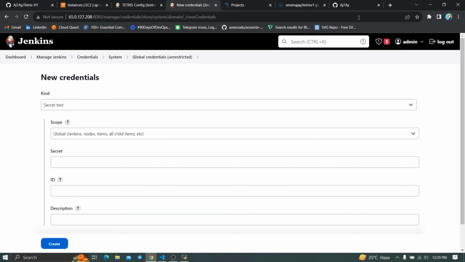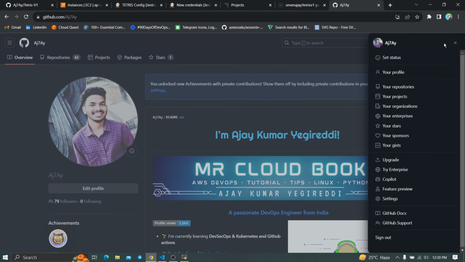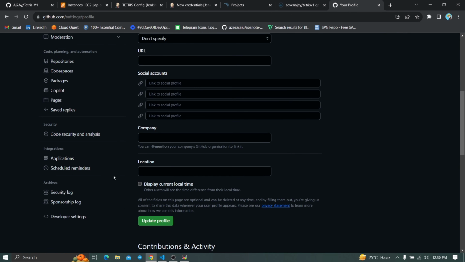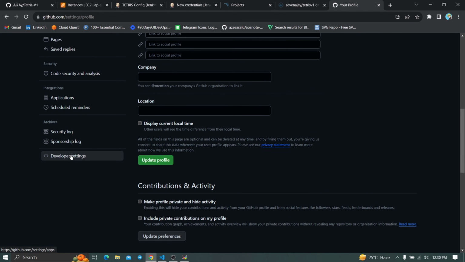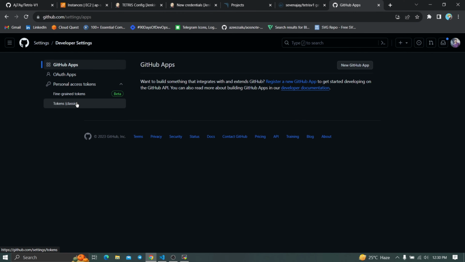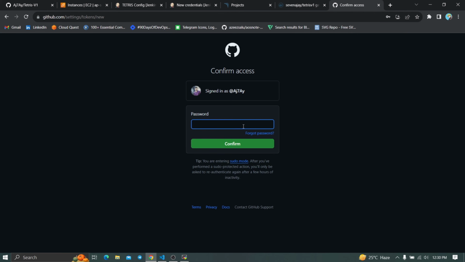Go back to your GitHub repository. This is my GitHub repository. You have to click on your profile here on the right side, and click on settings here for the token generation, and come here to the developer settings. Select this one. Click on personal access tokens here. Select the tokens classic, and click on generate new token classic. Generate new token classic, and you have to provide your password, confirm, and